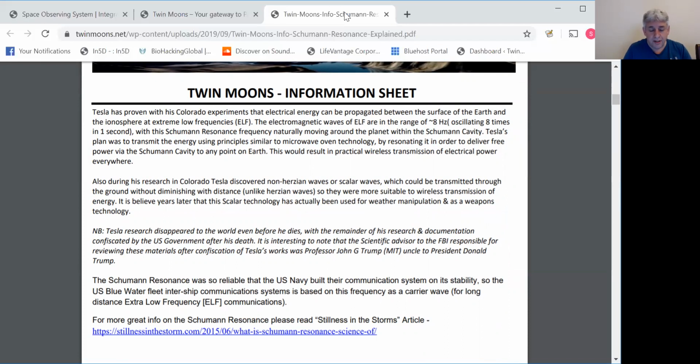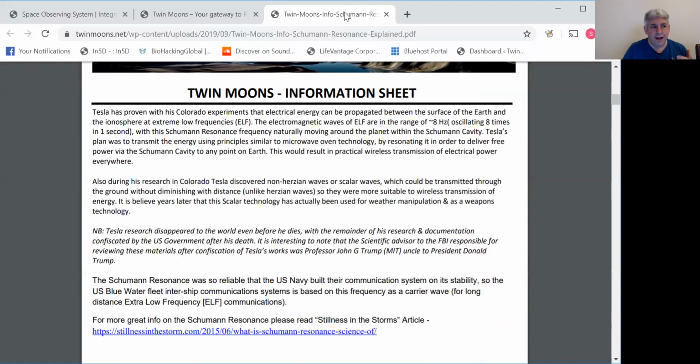And so the US Navy's blue water fleet used the 7.83 hertz for extremely low frequency, or ELF, communication, through tuning radio receivers and transmitters to this carrier wave and using it to carry other information,